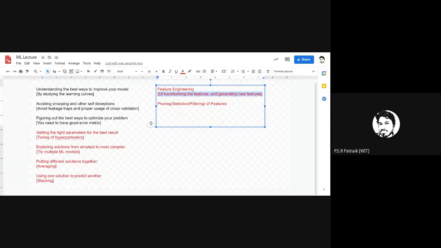So feature engineering is another process which relates to the data aspect of ML models, where we studied that data also has an effect on ML model performance. So these two are related. Feature engineering: generating new features, or transforming existing features into multiple other features, could also result in improvement of ML model performance.